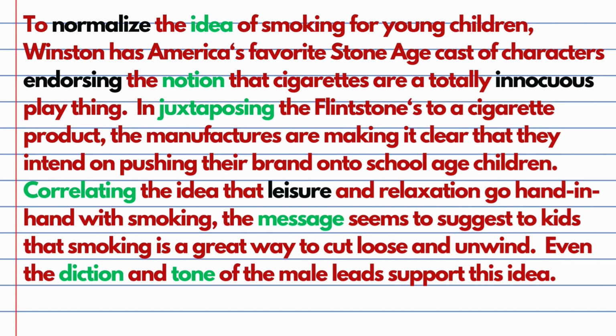And in terms of the tier 2 level vocab, I have nice words in here. Good diction, like normalize, endorsing, innocuous, leisure. And again, you don't have to overdo it. Sometimes kids think that if they use $1 million words that somehow they're approximating good writing. Nope, nope, nope, nope. Disabuse them of that. Stay in your wheelhouse, stay in your lane, be natural. Don't sound too pedantic or contrived, but flex the vocab a little bit.